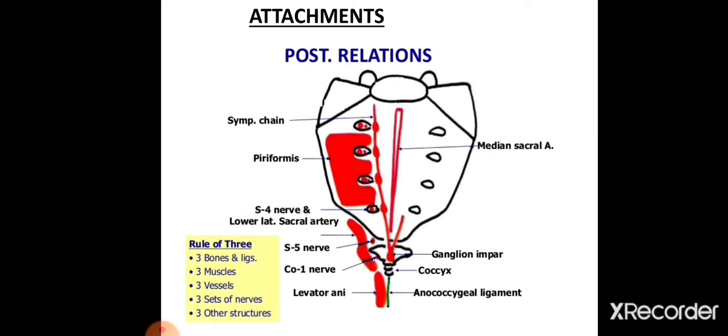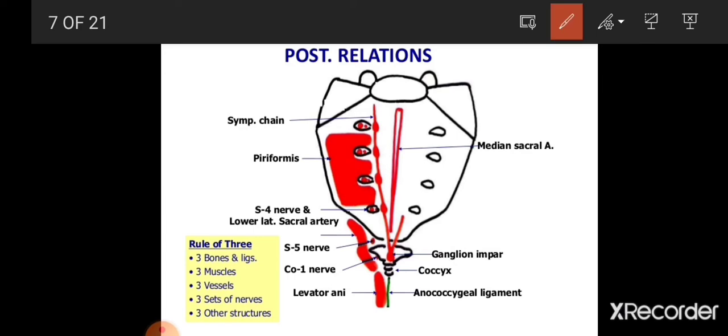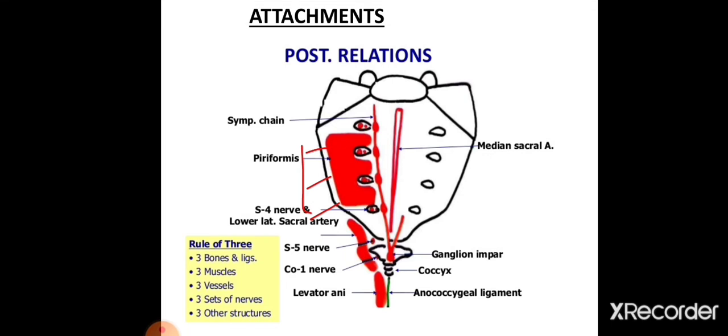So these are the structures on the posterior surface of the sacrum. Now the attachments on the anterior part of the sacrum. On the anterior surface, we have the origin of the piriformis muscle, which arises from the middle three pieces of the sacrum in the form of a capital E. So this is the form of a capital E, and it receives the fibers of piriformis from the middle three pieces of the sacrum, that is the S2, S3, S4 vertebrae. In the midline we have the median sacral artery. It is the continuation of the abdominal aorta.